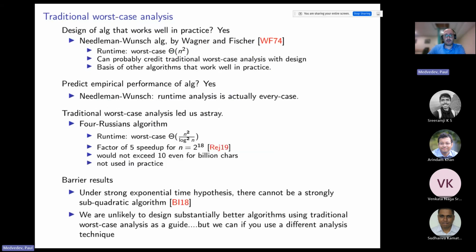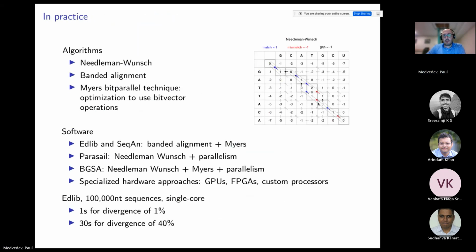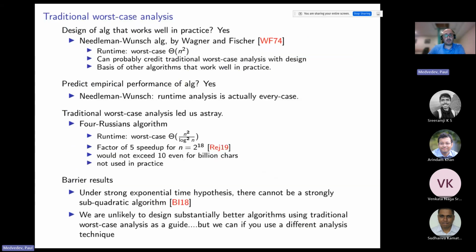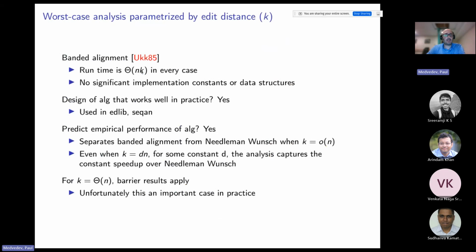So if I go back here, we look at a band, and then we double it until we find that we can get the edit distance. So here we're doubling this at most 2k times, and so in the end we're going to have a band that's size k times n. To fill that in, it's going to be nk cells. So this is the runtime we get from banded alignment.